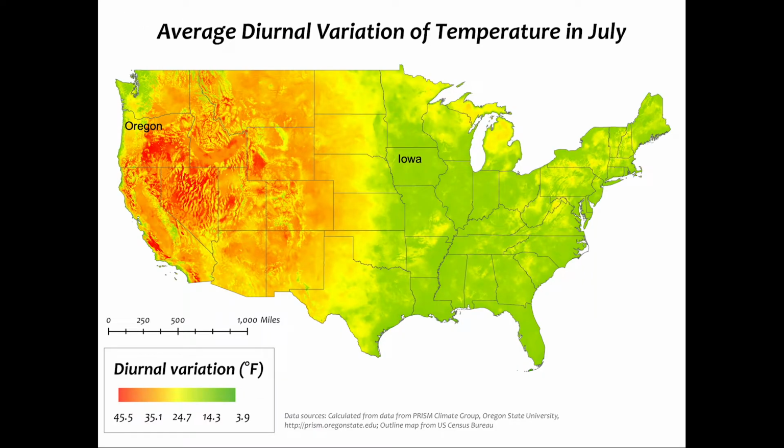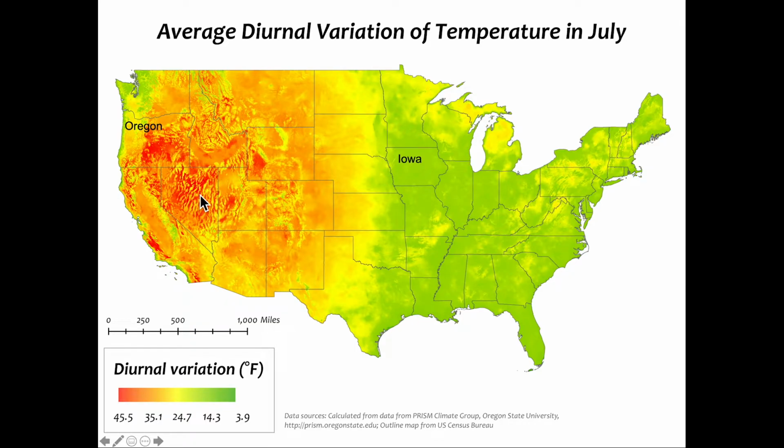If we look at diurnal temperature variation during any given day in July for the United States, what you'll see is that here in the western U.S., we tend to have higher diurnal temperature variability during any given day. What's the difference between this portion of the United States, the Great Basin, the Snake River Plain, eastern Oregon, easternmost California, Utah, southern Wyoming, etc.? What is it about these areas that differs from these areas other than the mountains? One of the things you'll notice right away if you're to visit one of these areas is it's very dry.